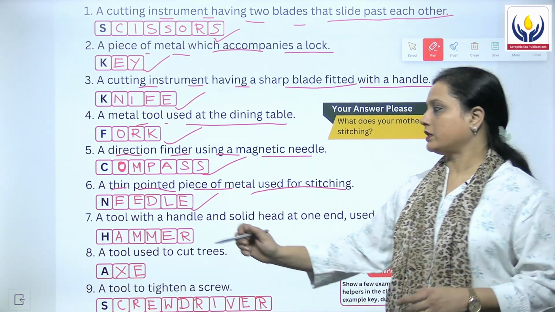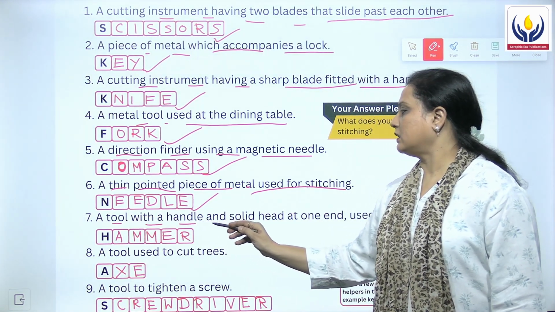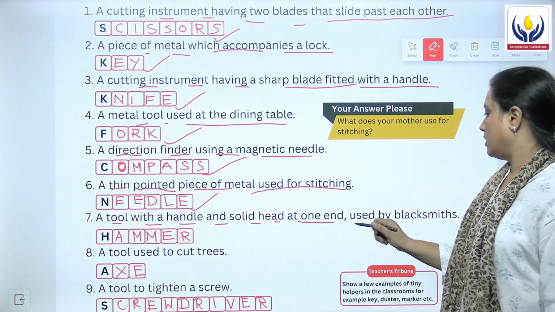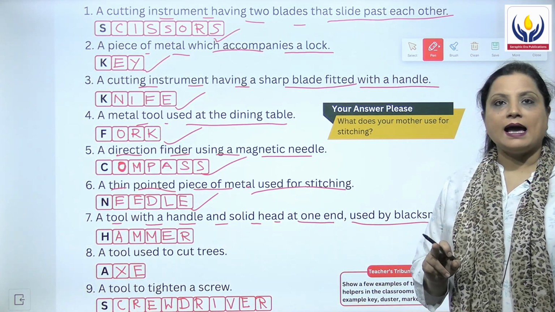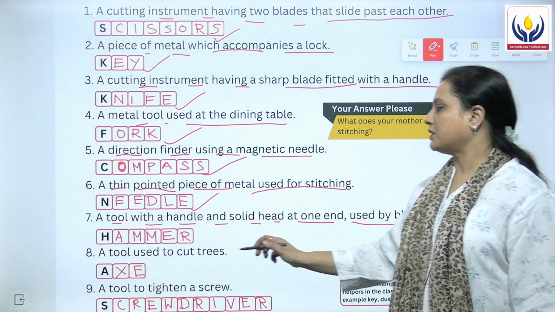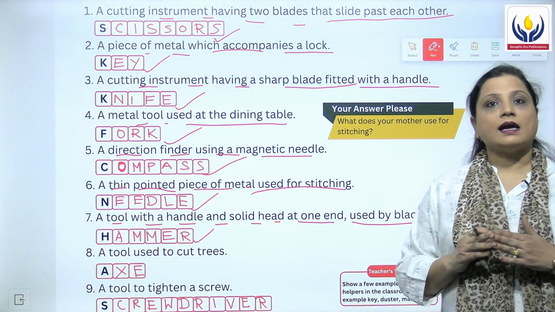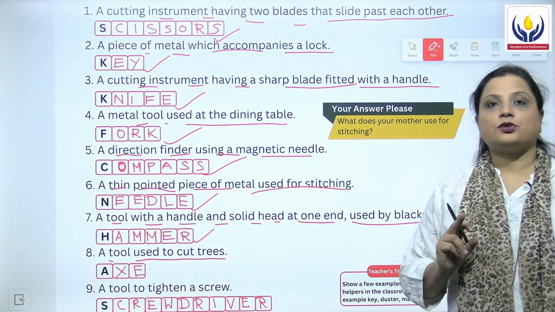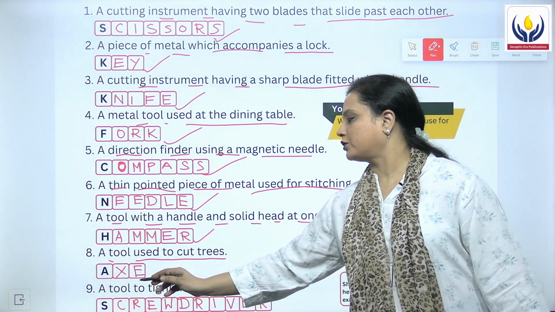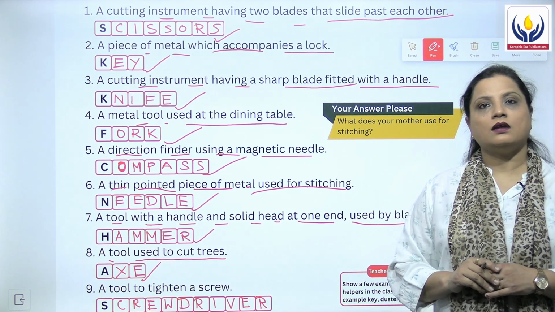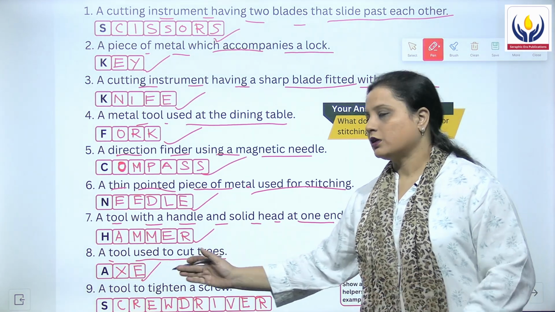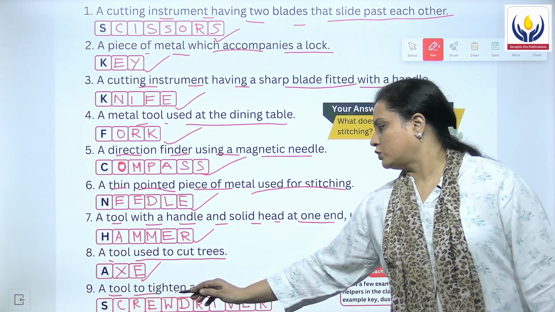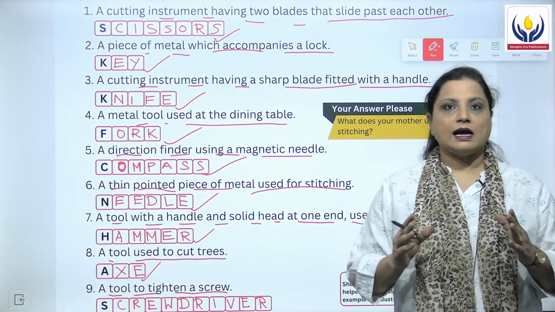Seventh question is a tool with a handle and a solid head at one end, used by blacksmith, and the answer is hammer. Then the eighth question is a tool used to cut trees, and the answer of this question is an axe. Next, the ninth one, a tool used to tighten a screw, and the answer is